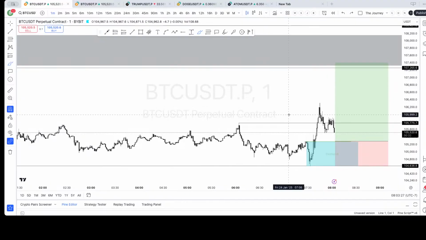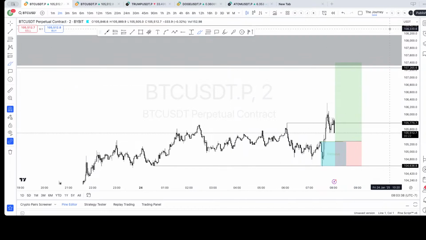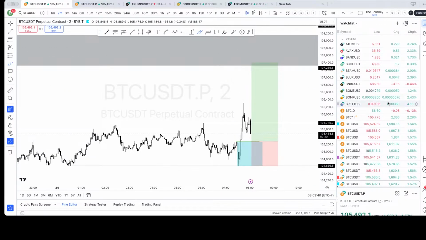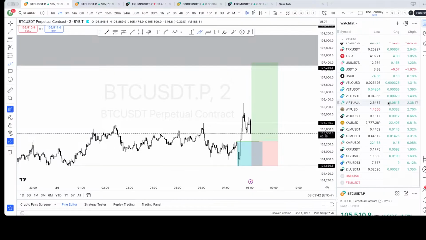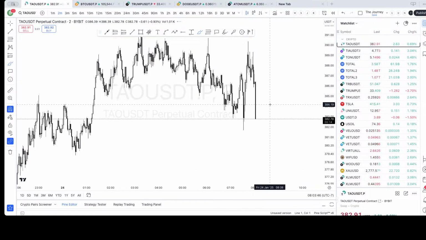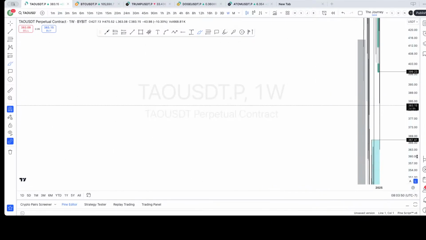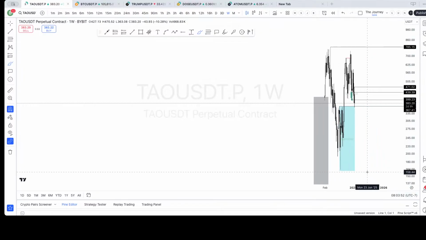Yeah, you also kind of have this. Oh, let's go to the 2 real quick. Okay, all right. And then what did Mr. Soprano want? I want to do Tau before I do ICP. I don't know why, but I do. Tau, I don't think I've been on that chart in a while. Let's get back up to the monthly real quick.